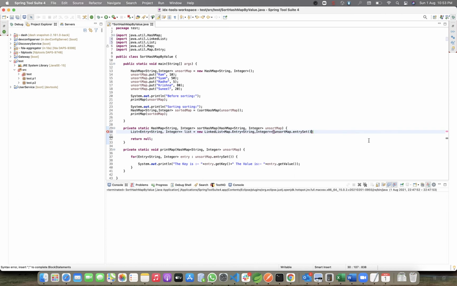Now I have a linked list with all these entries, and it will maintain the insertion order.